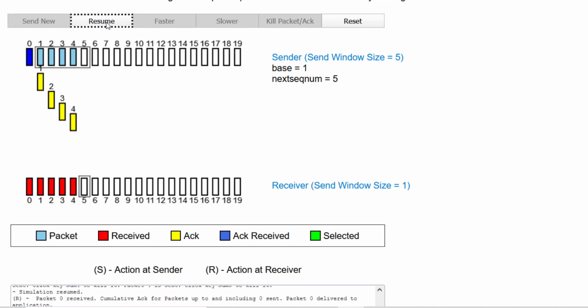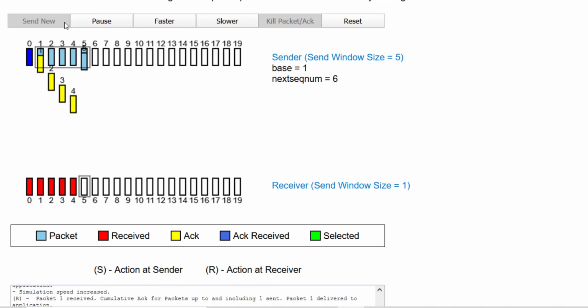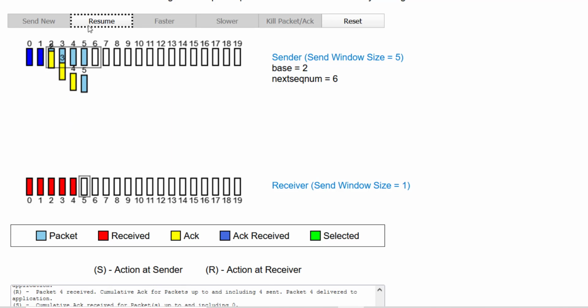You must have seen this pattern: when we have got the acknowledgement for the 0th packet, the window shifts by 1. The window is right now at 1, 2, 3, 4, 5. Since it is at 5, the sender would send the 5th packet. See, this is how Go Back N works. Whenever we are at a window, we don't wait. We just send all the packets in that window.